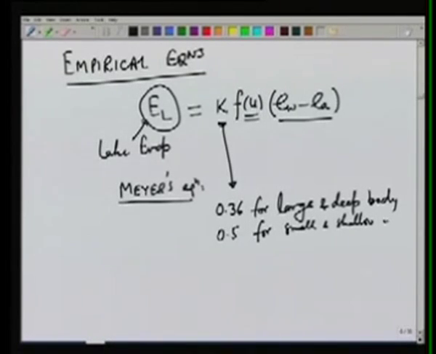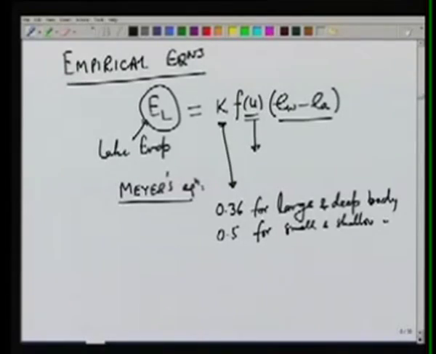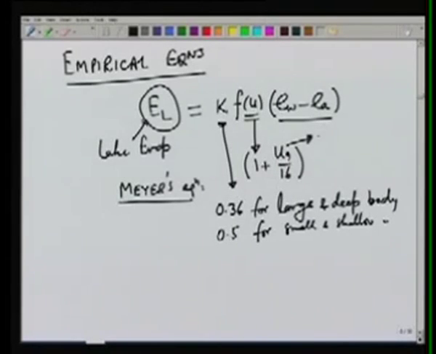So if the water body is large or deep, you can use 0.36, otherwise 0.5. Fu is a function of the wind velocity, and in Meyer's equation it has been given as U9 over 16. Most of these equations were derived in the FPS units, and therefore this 16 term comes because instead of being in miles per hour, we use the wind velocity